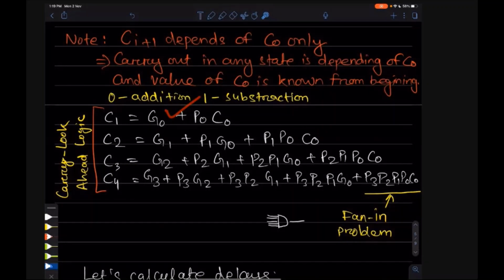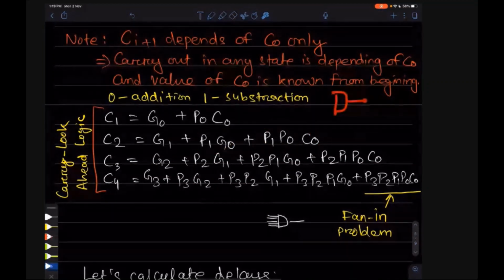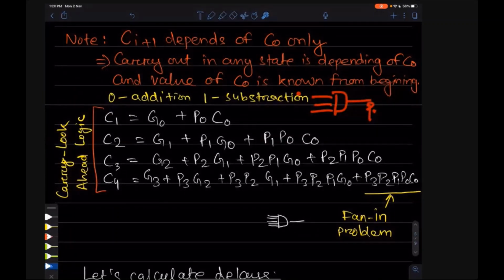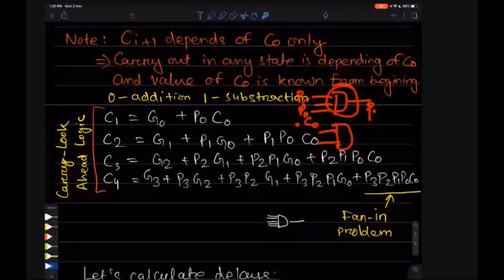What is for C2? For C2, 5, 3. Why? Because AND operation will be done parallelly. There is an AND gate which will take 3 values P1, P0 and C0. This AND operation, and same AND operation will be done for P1 and G1.